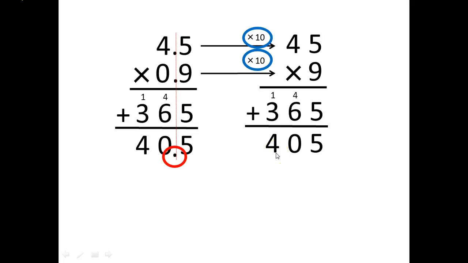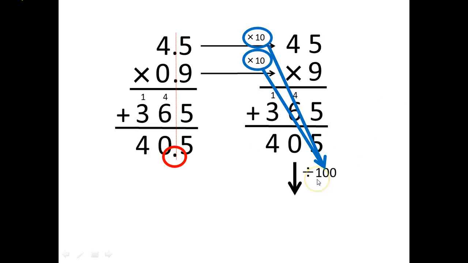Well, if our ultimate goal is to calculate 4.5 times 0.9, what we could do is consider the two tens we multiplied to the multiplicand and the multiplier, and we could divide this product here